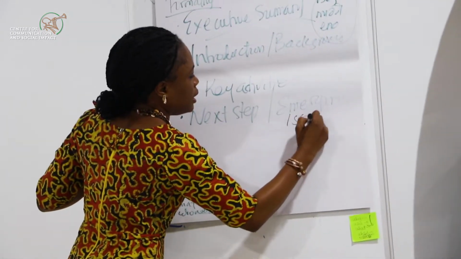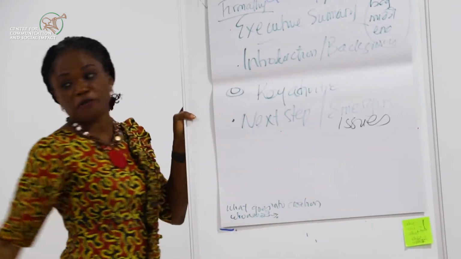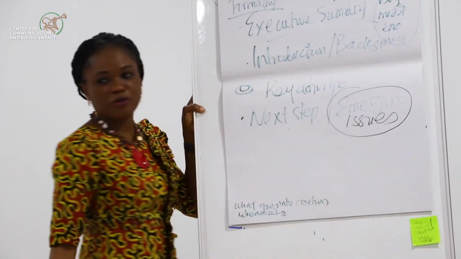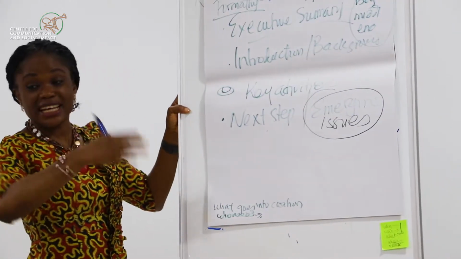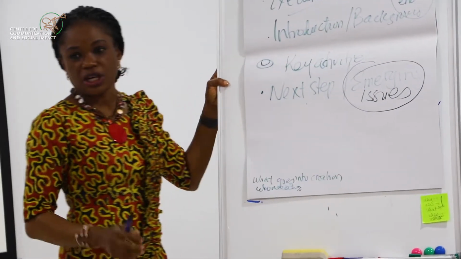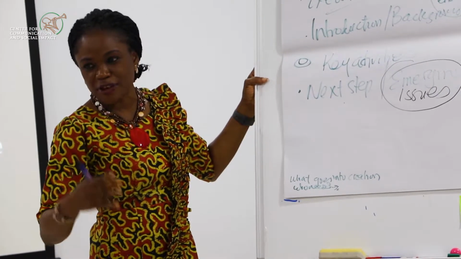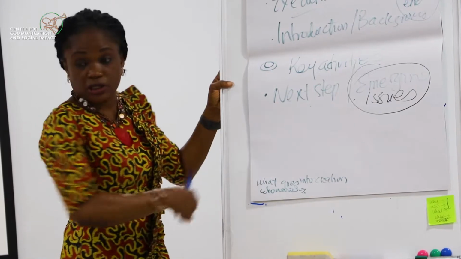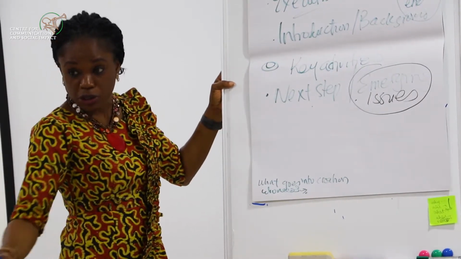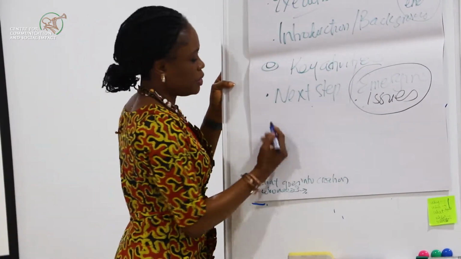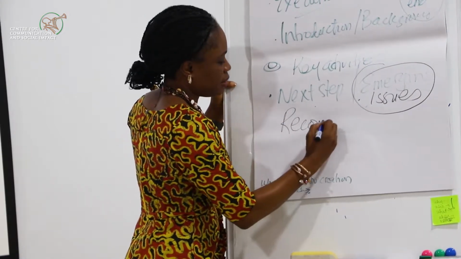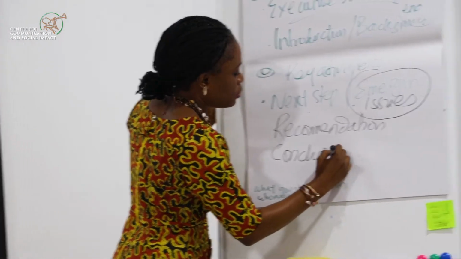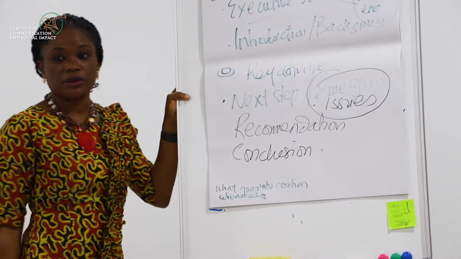So now, if it is relevant, your report should have both. Because usually you capture your connection of the dots with the next step, with the next phase in your emerging issues. You cover the gaps that you've identified in your emerging issues. Okay? Next step is just the activities you want to do, what you want to do beyond what you've done right now. Emerging issues. Then you also have your recommendations, right? Yes. Do you need a conclusion and a recommendation? Okay? It's up to you. I'll leave that with you and DOP.